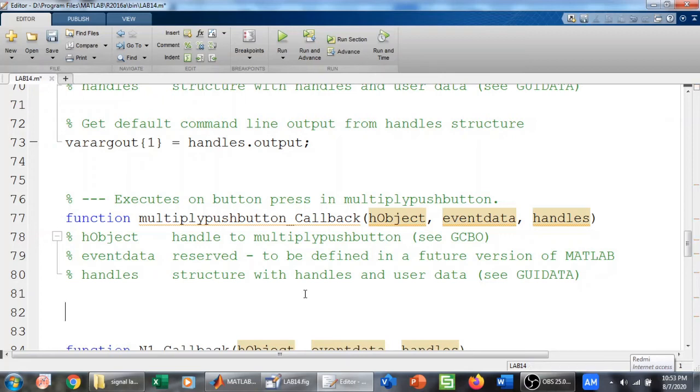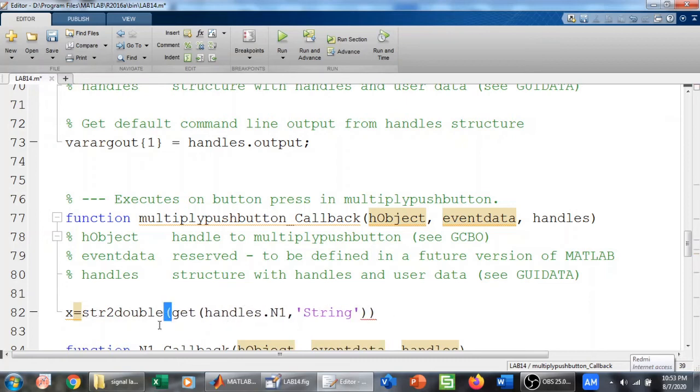So I will write x is equal to, for example, x is my one variable, so I will write x is equal to get. handles is our structure. Whenever we want to receive something, we should put handles dot etc. So if you remember, n1 was our first input. So first of all, I want to get n1, and that is of type string. Fine. So I have got the n1 string, and I want to convert this into numbers. So I will write str2double, and I will place it here.